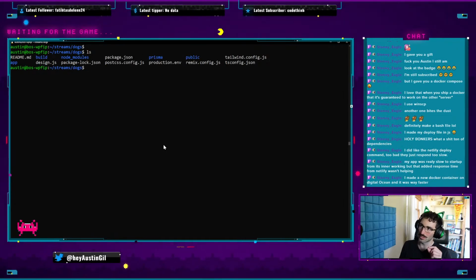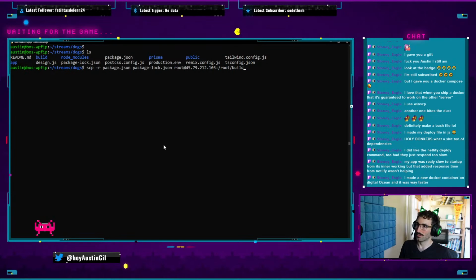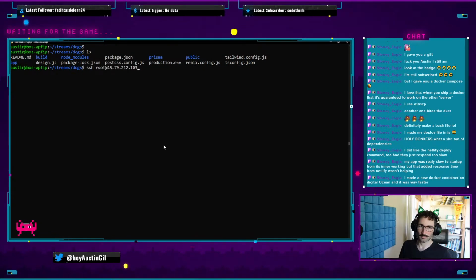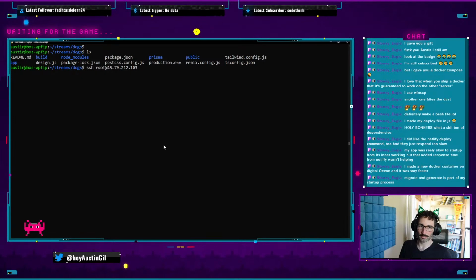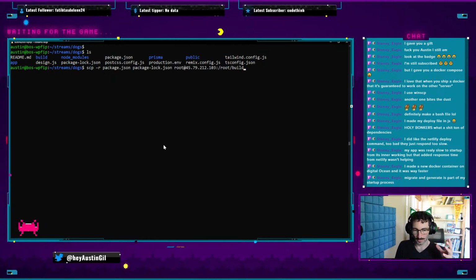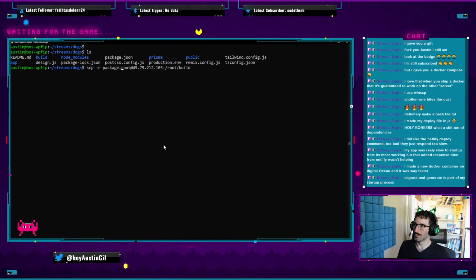ls. I think what I'm going to do here is actually copy everything from this project into that remote. So let's do migrate and generate as part of your startup process. Yeah, can you send that to me? Because that's what I always thought. I've always done the Prisma generate thing and then start. So let's see. I want to copy everything into